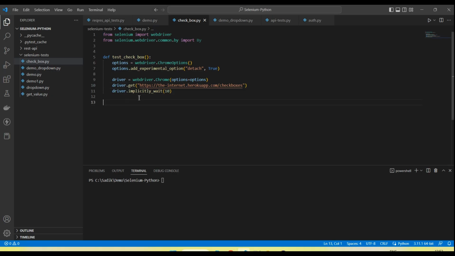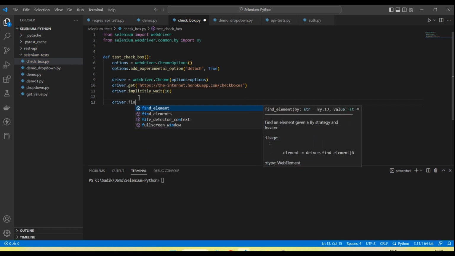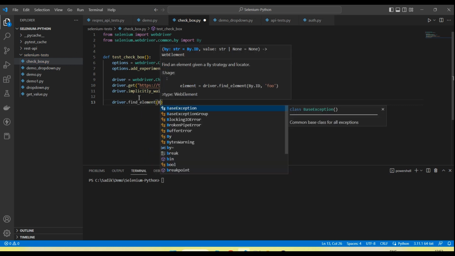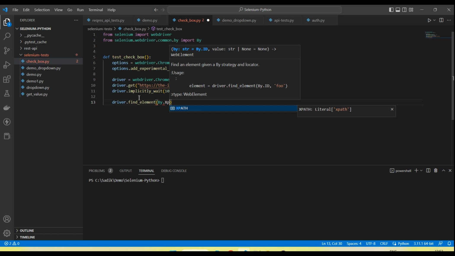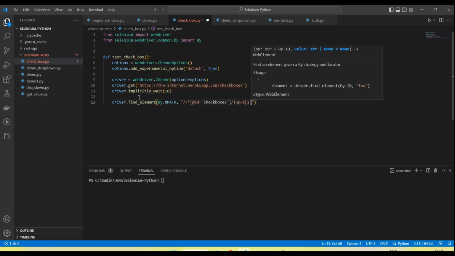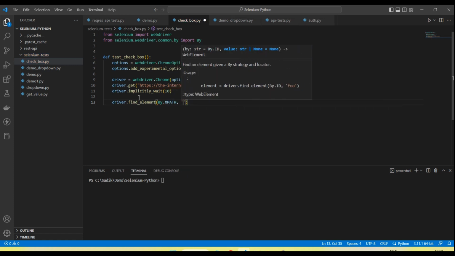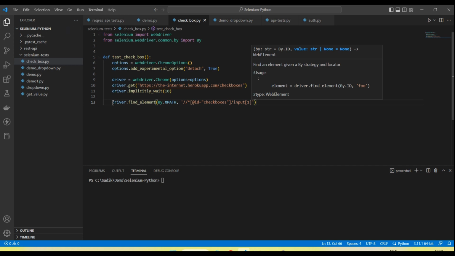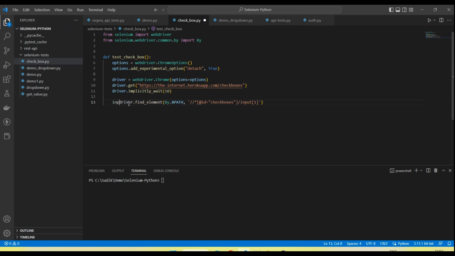Now here we need to use the WebElement object. For that we need to call find element by dot xpath, and this is the xpath, and let me store it in a checkbox one